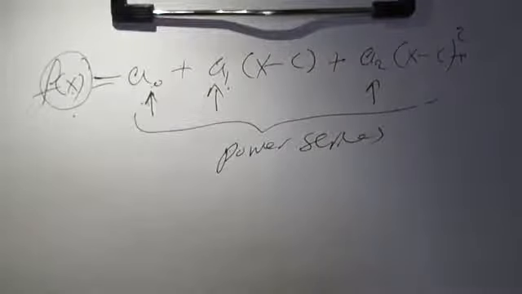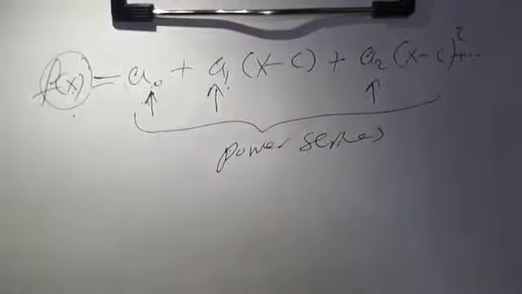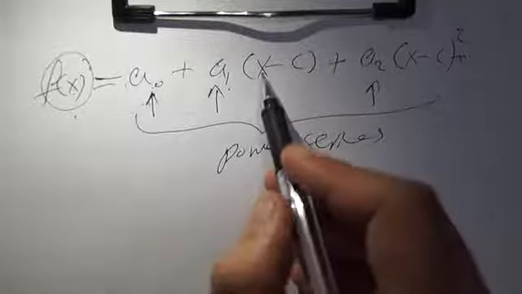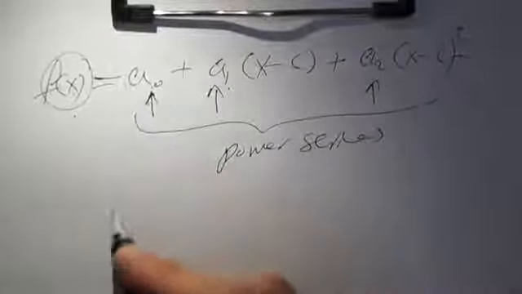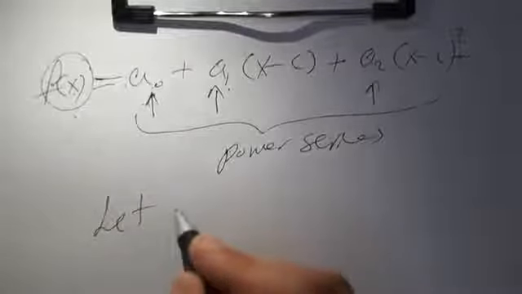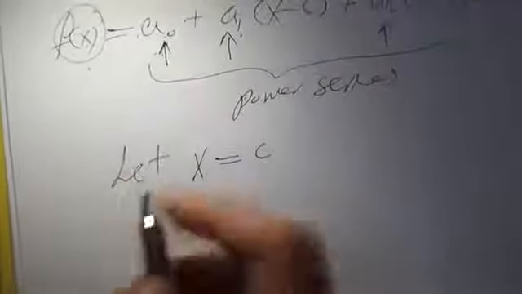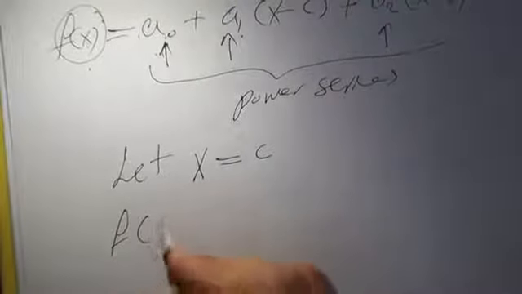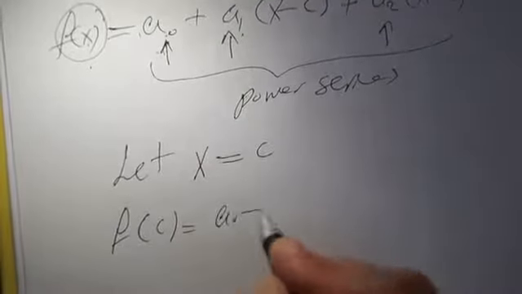ممكن ملاحظة أنه نستطيع إيجاد ال a0 إذا عوضنا في كل x c. فإذا قلنا نعوض في جميع الأطراف let x equal c فيصبح لدينا الحد الأول على اليسار الطرف اليسار f عند ال c يساوي a0 plus